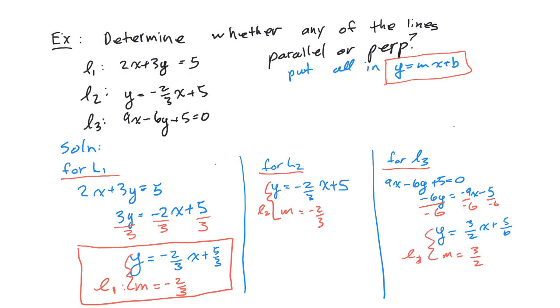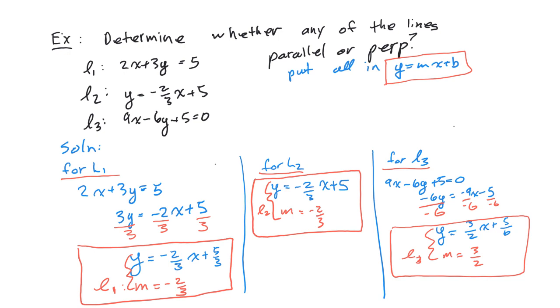So now we can say the following. Well, L1 and L2 are parallel. But L3 is perpendicular to the other two because its slope is the negative reciprocal of negative 2 over 3. So, in summary,